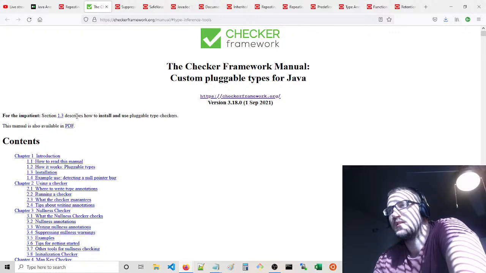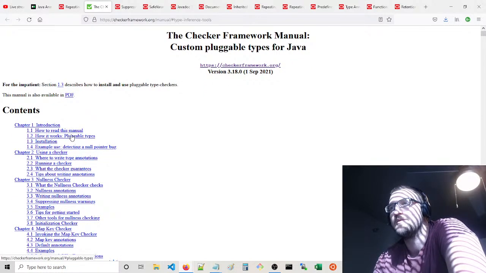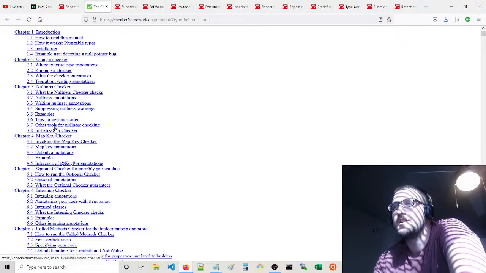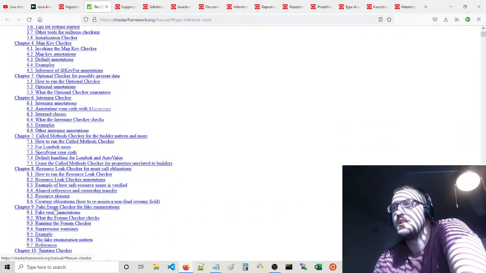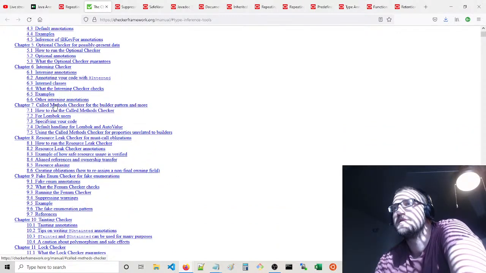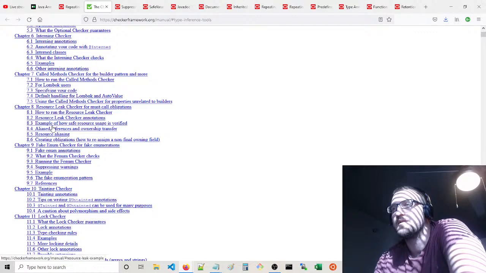Whoa. How to read this manual, how it works, pluggable types, installation. Wow, that is like no small thing, right? Pretty interesting that this is so involved, you know. I wonder if they have these things for